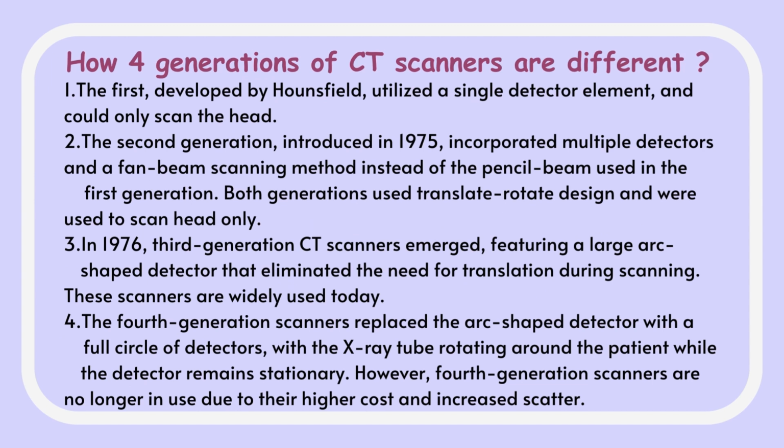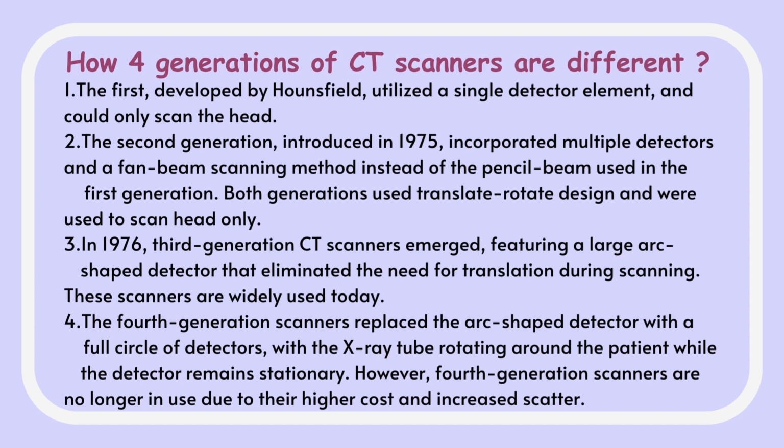So there are four generations of CT scanners. How are the four generations of CT scanners different? The first, developed by Hounsfield, utilized a single detector element and could only scan the head. The second generation, introduced in 1975, incorporated multiple detectors and a fan beam scanning method instead of the pencil beam used in the first generation. So, both the first and second generations used a translate-rotate design and were used to scan